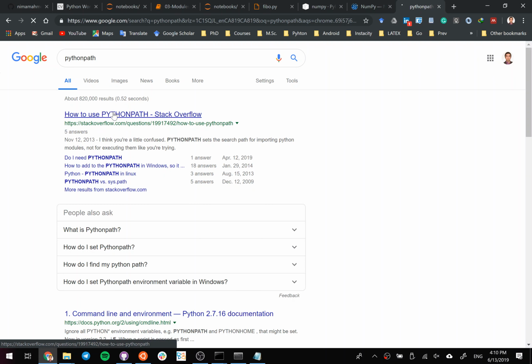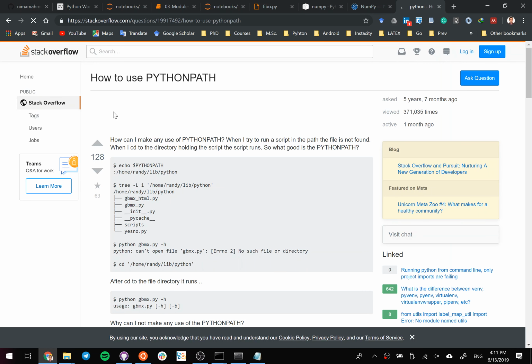If you just search Python path, it's a special environment variable. You can give it a list of different locations on your hard drive, and it will automatically import everything in those locations. So you specify the main folder in there. You will also have subfolders that are going to be imported automatically. For those, you would have to put a special file called